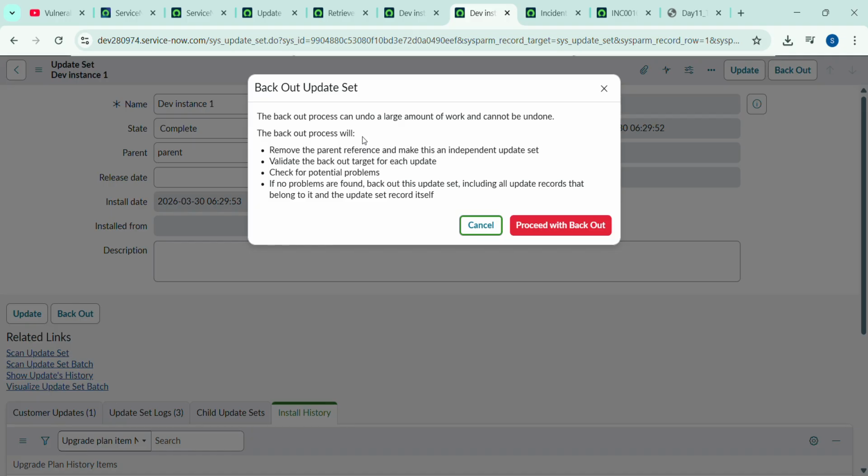So when we use the backout, this is to undo the changes, okay, but this is not the best practice to back out. Okay, you can ignore or you can do those changes, but before proceeding to back out, you should be very